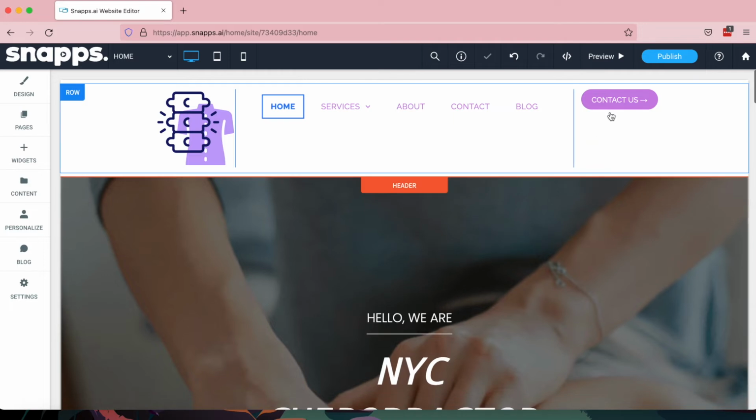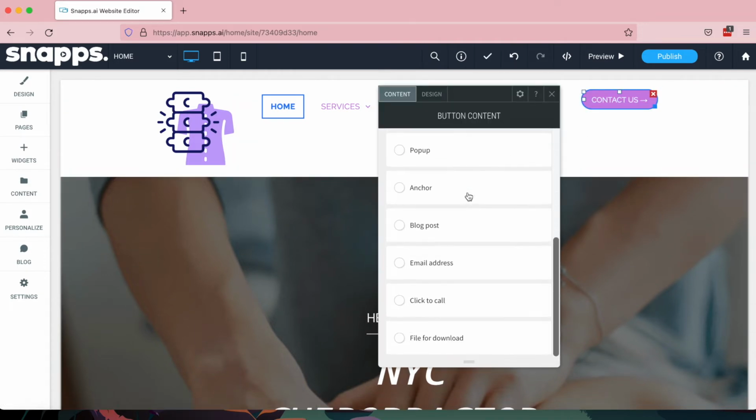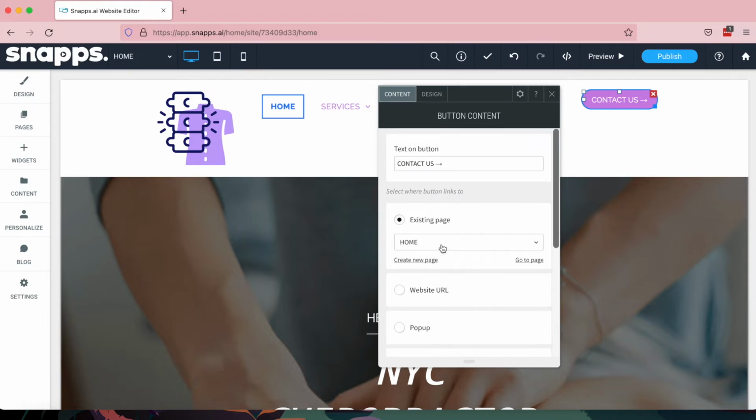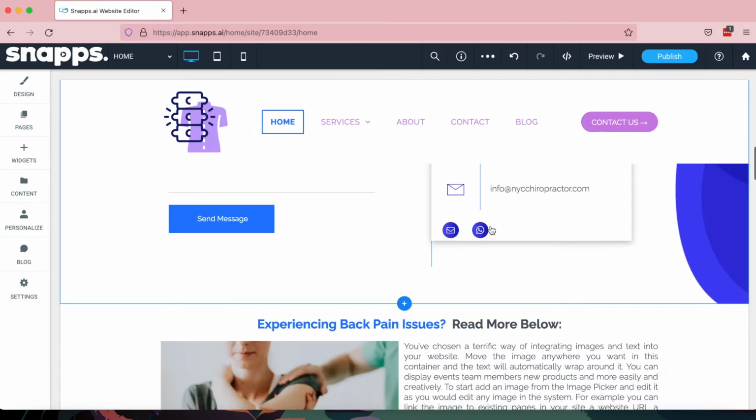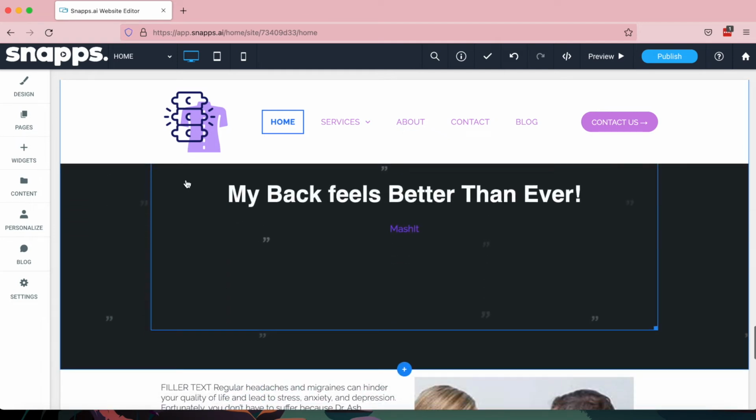Next, I'm going to check my buttons, make sure they're all linked to the right page, so this one's not. If it's contact us, we're going to go to the contact page. So I would do a once over on the buttons on each of my pages, and then we're going to